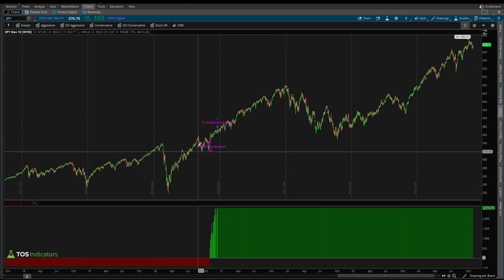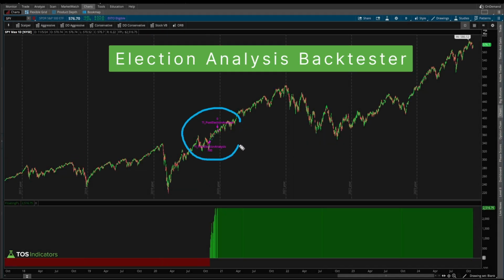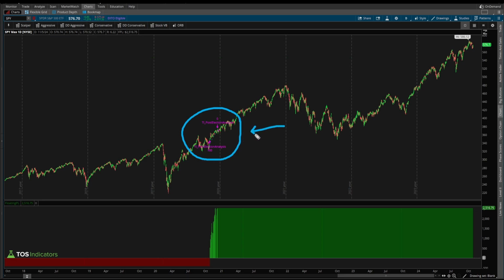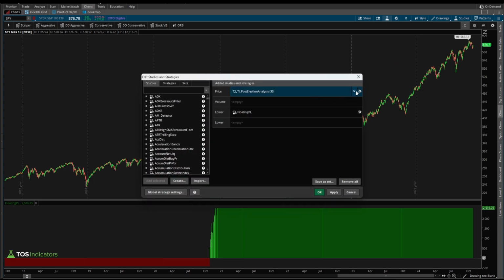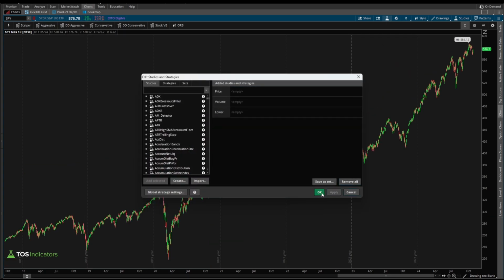Welcome to this ThinkScript tutorial in which I'm going to show you how to build a very simple post-election analysis backtester to try and see if there's any kind of edge using election volatility as a strategy. Now to get started, I'm going to remove the backtester that I've built